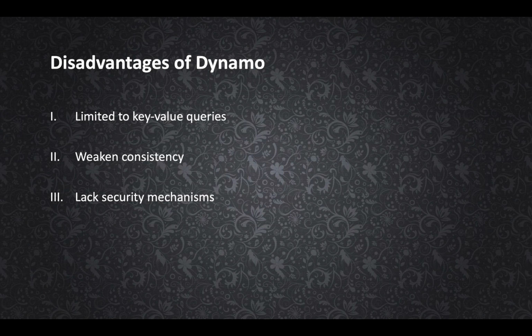On one hand, there are three main disadvantages of Dynamo. For the query model, Dynamo is limited to key-value queries and positioned to store relatively small data objects, typically less than 1 MB, without supporting operations or relational operations across multiple pieces of data. Also, compared to the traditional relational database management system, Dynamo weakens consistency and does not provide any guarantee of isolation. For the security part, Dynamo anticipates that the runtime environment is trustworthy and does not provide any security mechanisms, such as